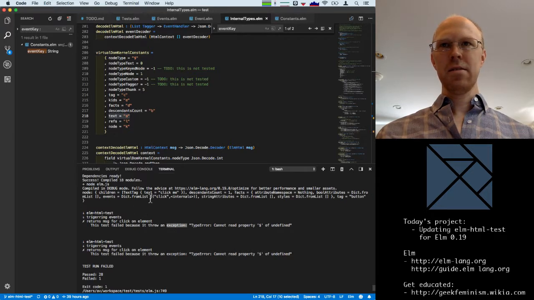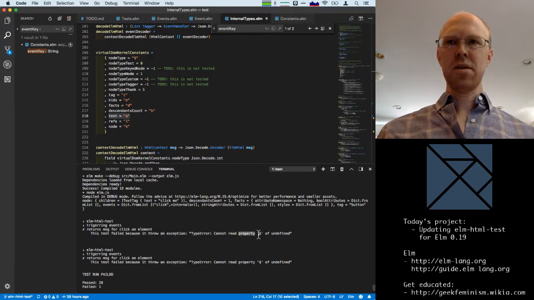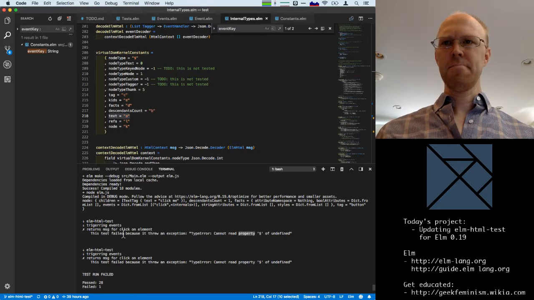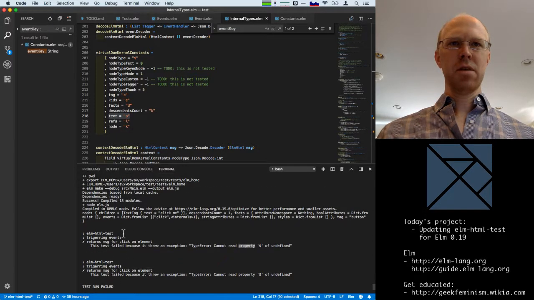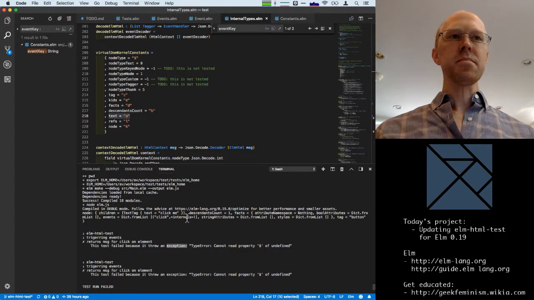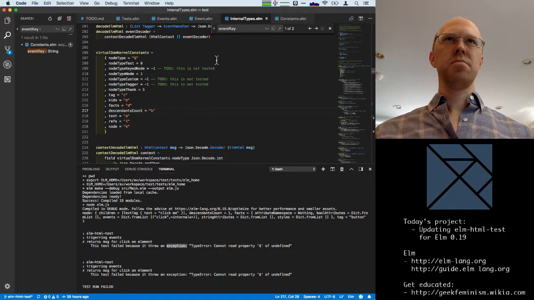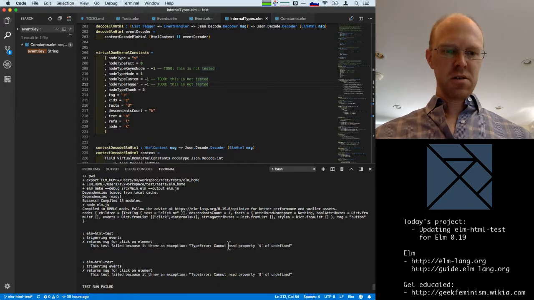Let's see. Okay, this test failed because it cannot read property dollar of undefined. Okay, I am not sure where that's coming from, and why is this an exception? We must be back in native code somehow because we're getting a JavaScript exception.